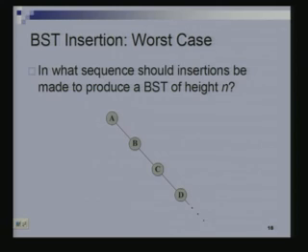Okay. So I already discussed this. In what sequence should insertions be done, and we saw that it should be this kind of a sequence. So with that, we are going to stop our discussion on binary search trees. We will continue this in the next class with the deletion procedure for binary search trees, and we will also look at this question that I asked you today, that if you were to insert elements in a random order, then what is the time taken to do the insertion and what kind of a tree do you get as a result of that. Okay.